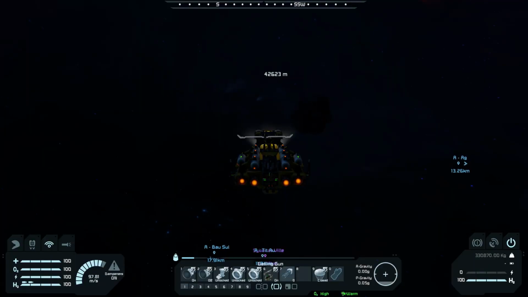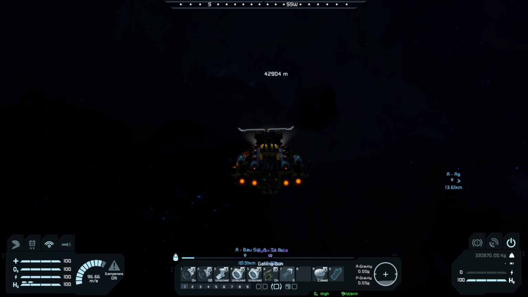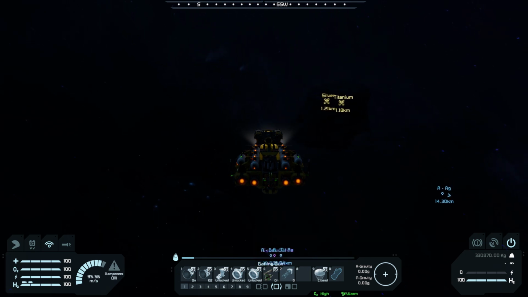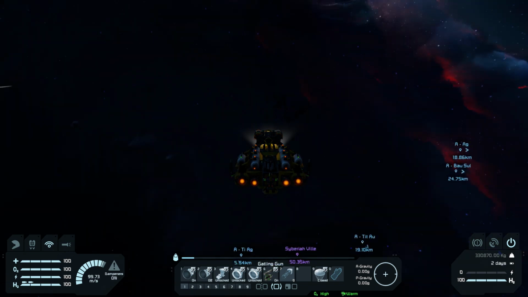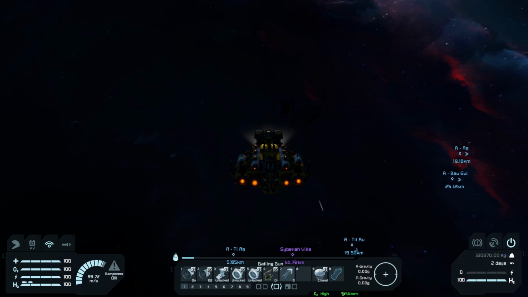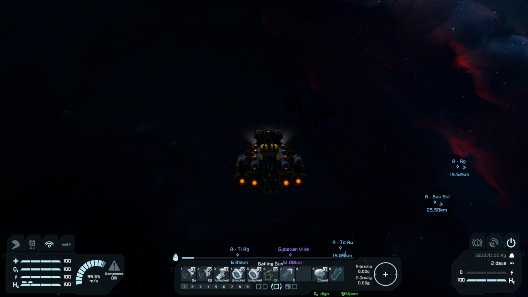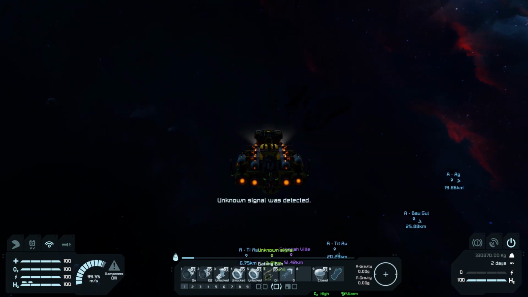And here we are on another asteroid approach. Let's see what this one has for us. Come on, baby. Please be ice. We could use some ice. Titanium and silver. We've just crossed the zero gravity line here, so we are no longer affected by gravity. But I am approaching this big asteroid over here. Kind of curious to see what it has. And hopefully